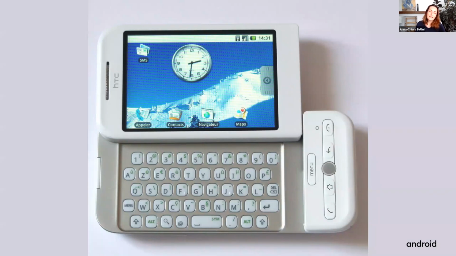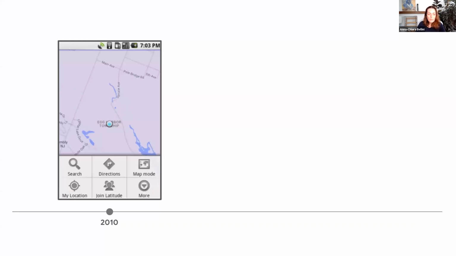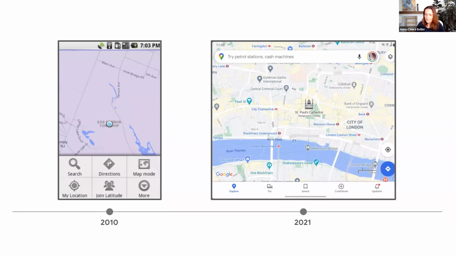So what is the reason? The reason is that the old toolkit started when UIs looked like this. And this is more or less how maps would look. This is actually the UI from Google Maps in 2010. So 11 years ago, this was just 1 year into Android development. And this is how it looked. And you can imagine that a system built to support this kind of UI, scaling it to this,